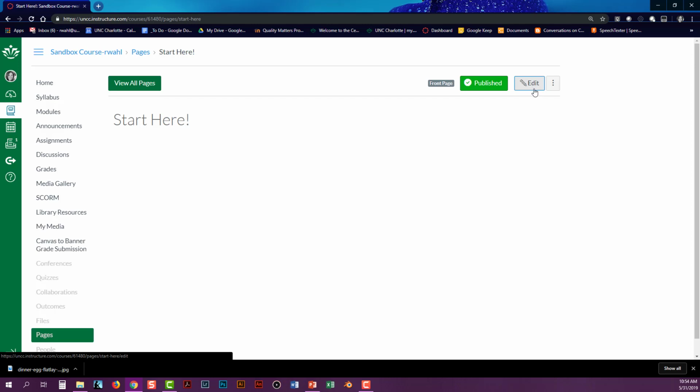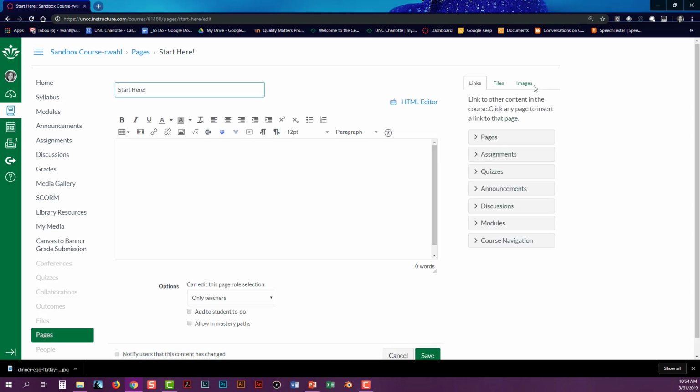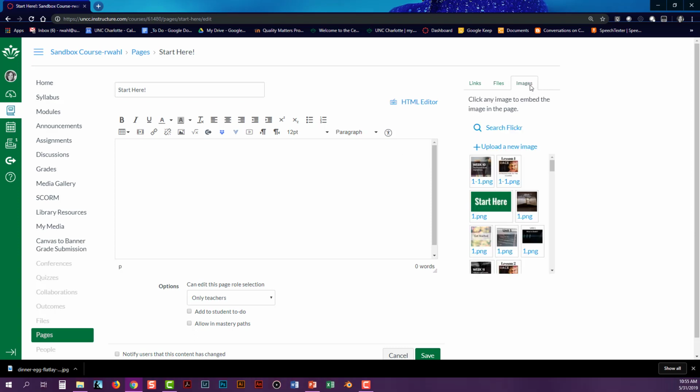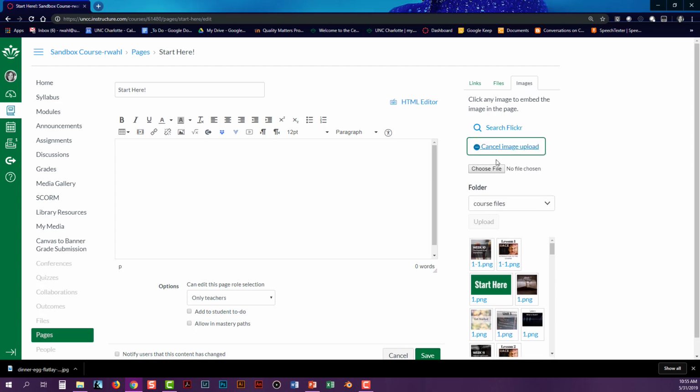Starting with a blank page in Canvas, select the Edit button. To add a banner at the top of the page, you can just add in the image without adding a table or any other formatting. Click Images in the menu on the right, upload a new image, choose File,